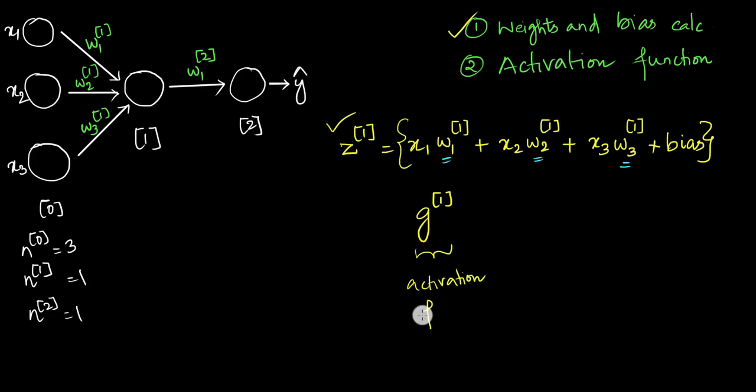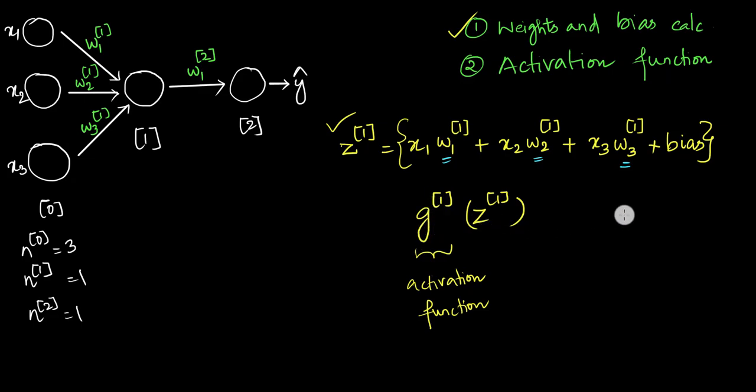That this is an activation function, and this activation function is being applied on this value, on the previous value that we got. So that is why we mentioned z of 1. So the z value that is computed from the first layer is being applied towards an activation function g of 1.